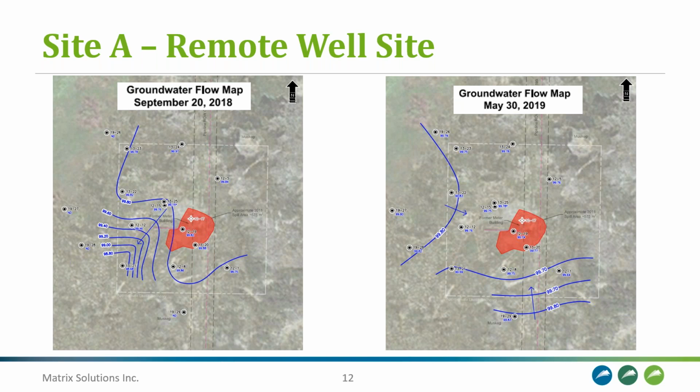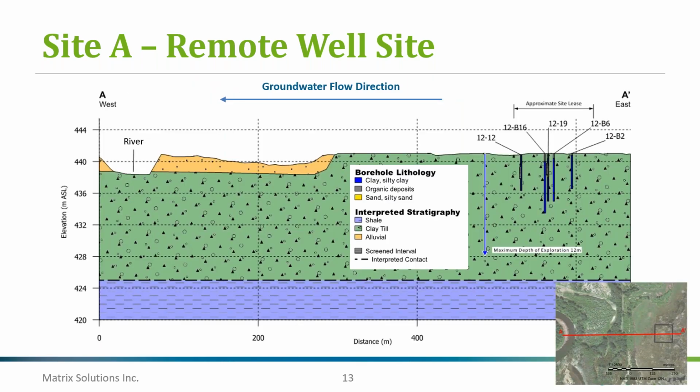But for the purposes of a screening level site-specific risk assessment, which is what we were interested in doing, we're going to conservatively assume that the flow is always directed west towards the river, which was the receptor of concern. So this is a west-east cross-section from the river to the site. You can see that there are sandy alluvial deposits mapped in the area associated with the river. And then the remaining underlying deposits consist of clay till. We also have shale bedrock that's present relatively shallow underlying the site. And through the regional geologic mapping that was available for the area, we did not identify a deeper domestic use aquifer.